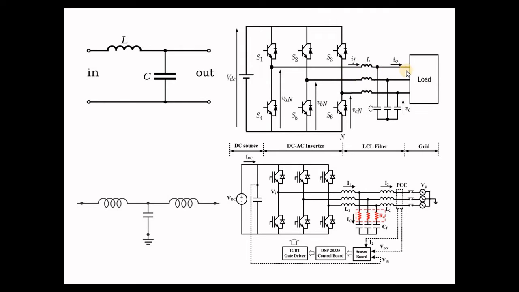So the currents will flow directly to the load. For higher order harmonics, they will flow to the capacitor and ground. So here also, whenever the higher order harmonics are coming, the second inductor will oppose them, because here X equals 2 pi F L. So X is directly proportional to frequency. Whenever lower order harmonics are coming, it will act like a short circuit and allow the currents. For higher order harmonics, it will act as a high impedance.